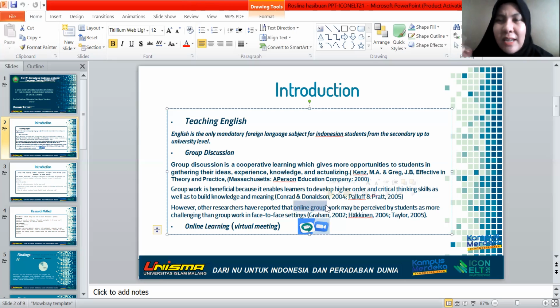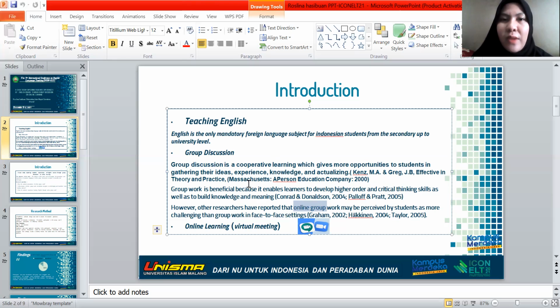As we know, since the coronavirus attacked all countries in this world a few years ago in 2020, all educational institutes in all countries totally changed from offline learning to online learning.